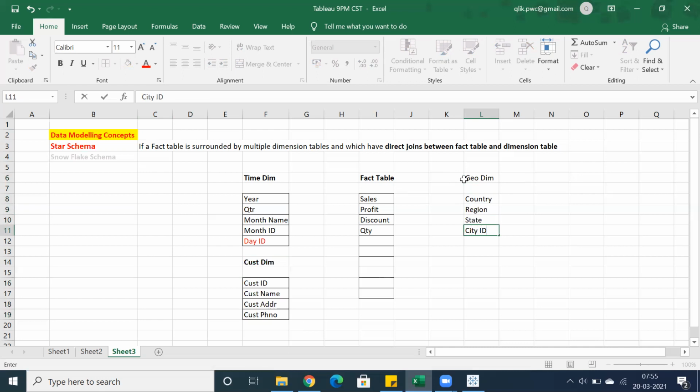You can use city ID or city name, city ID.